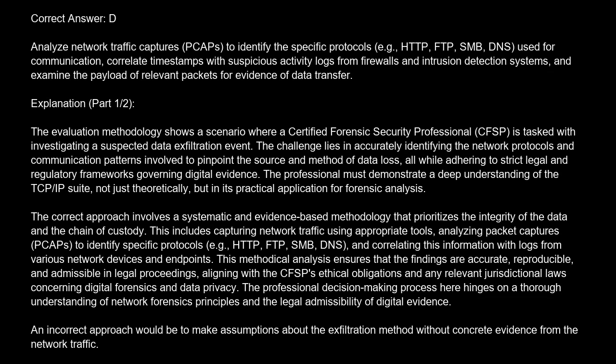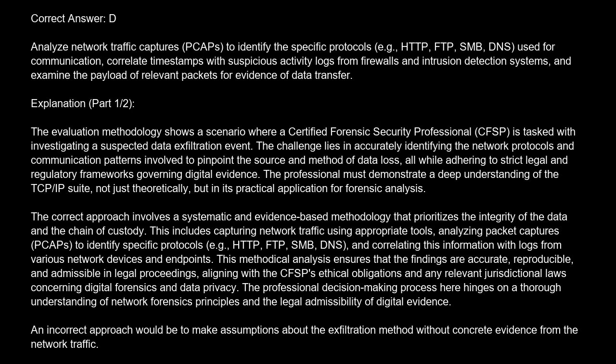The correct answer is D. Analyze network traffic captures, PCAP, to identify the specific protocols, e.g., HTTP, FTP, SMB, DNS, used for communication, correlate timestamps with suspicious activity logs from firewalls and intrusion detection systems, and examine the payload of relevant packets for evidence of data transfer. Explanation. The evaluation methodology shows a scenario where a certified forensic security professional, CFSP, is tasked with investigating